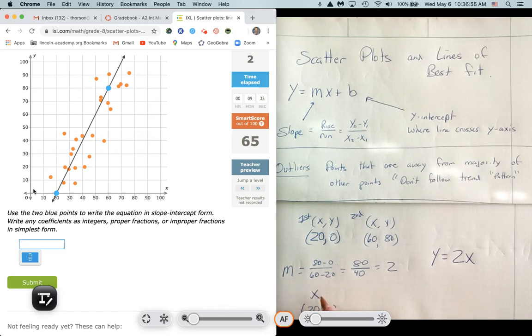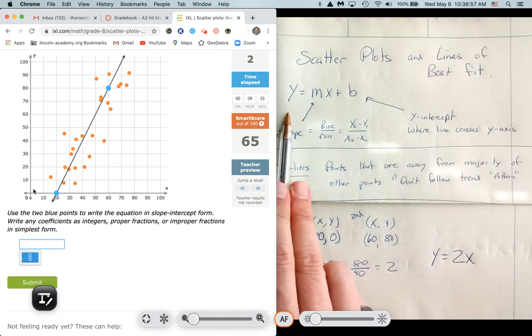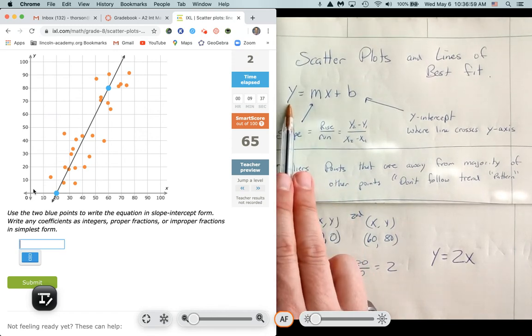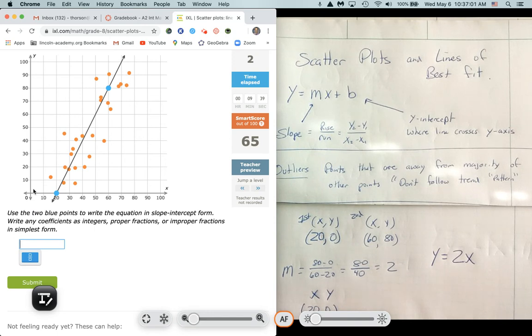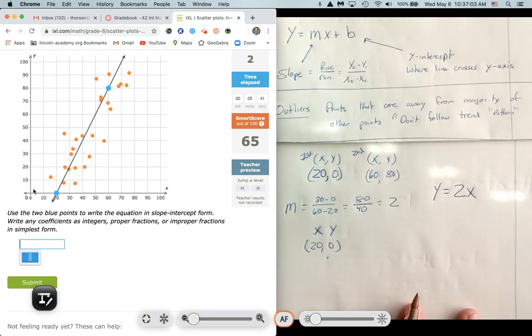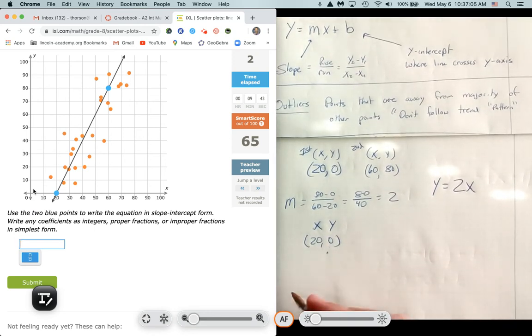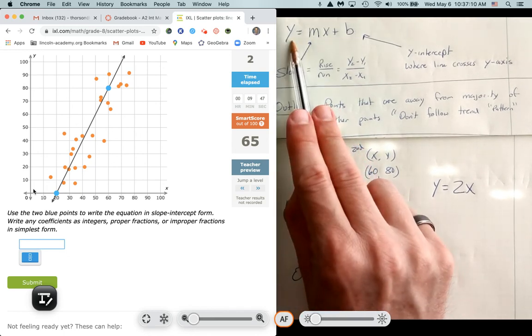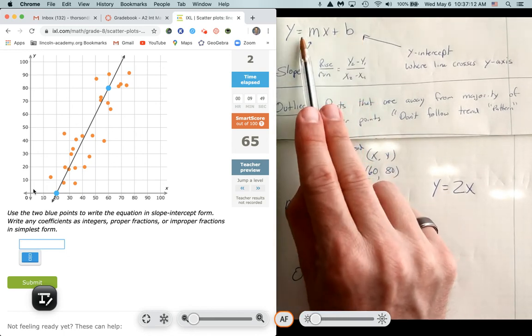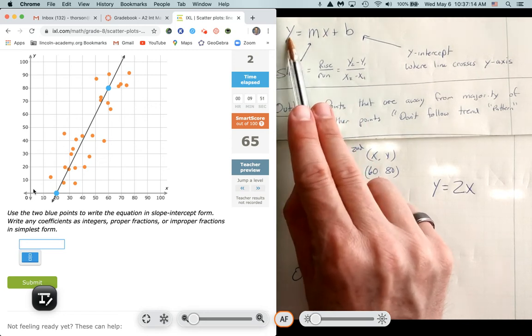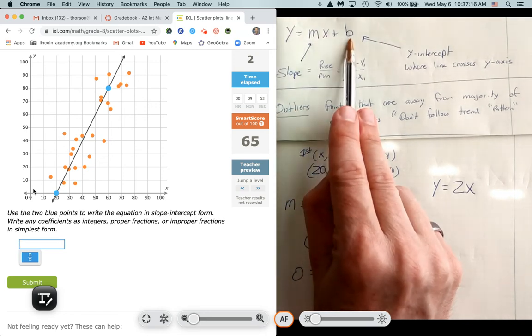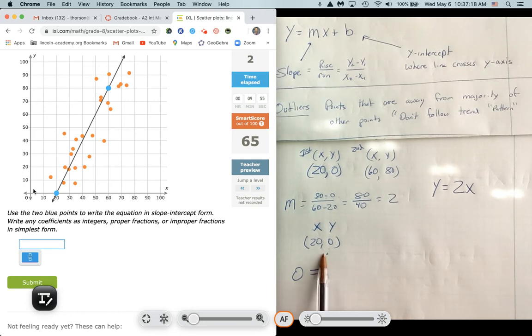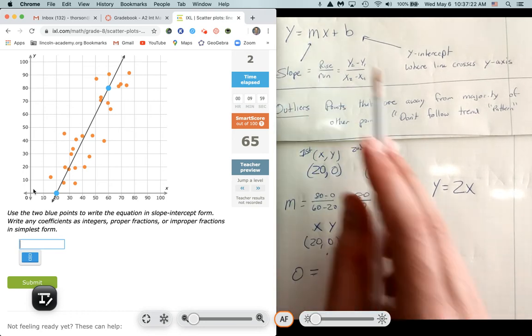Remember, this is x, this is y. So in this equation here, I'm going to replace the y with its y value of 0 equals. So again, I'm writing this equation, y equals mx plus b, but I'm substituting in my point for x and y and my slope to find b. So again, y was 0 equals my slope, which I found was 2,